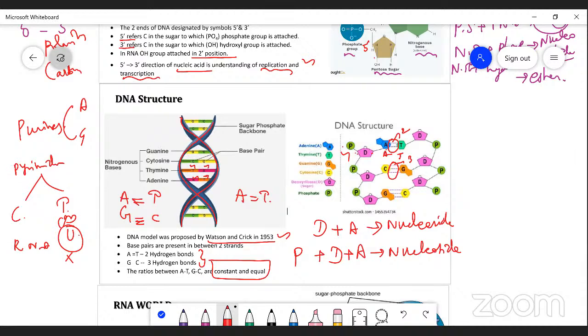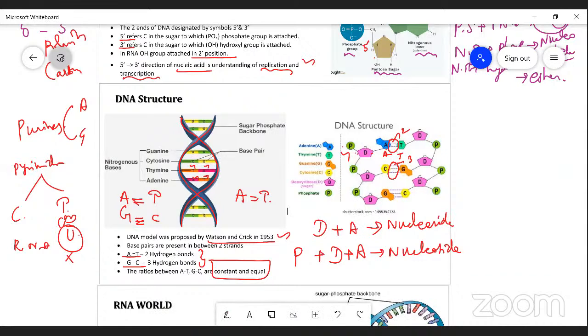For DNA structure, I am explaining one more point. It has how many base pairs? 4 bases. Where are they present in the DNA? They are present in between the two strands. Adenine always combines with thymine. Guanine always combines with cytosine. Between these nitrogenous bases, 2 hydrogen bonds and 3 hydrogen bonds are present. The ratio between adenine and thymine and guanine and cytosine is always constant and equal. Okay. Next,